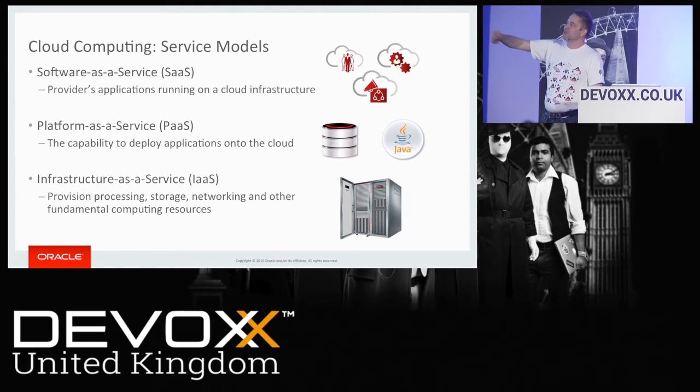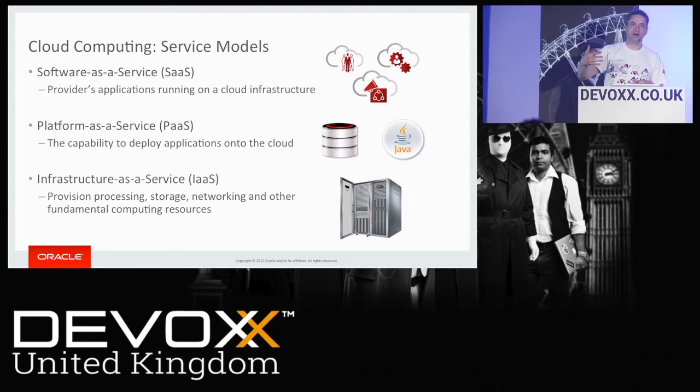And then at the bottom of this, you've got infrastructure as a service, which is the lowest level, where we're talking about how you can actually essentially have access to a machine. In the same way that you've got your laptop or your desktop or your own data center, what you're dealing with is the operating system. So you've got Linux or Solaris or Windows, any kind of operating system. And then you can deploy applications or whatever you need to do at that level. So there are three different levels that we can really talk of in terms of the cloud computing models.